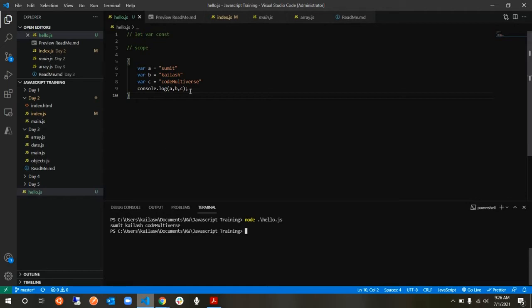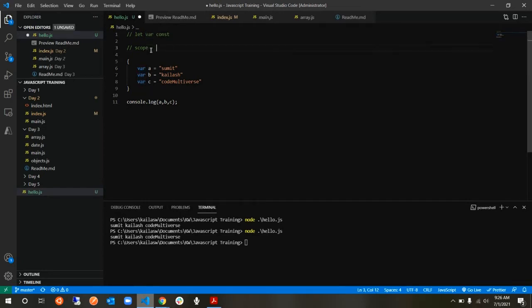Correct. Now let's remove this console.log statement from here, come out, and then print it the same. Let's run this again and you will see the same result. So now what does that mean? Whenever you declare a var, it gets hoisted and you get it as a global scope.